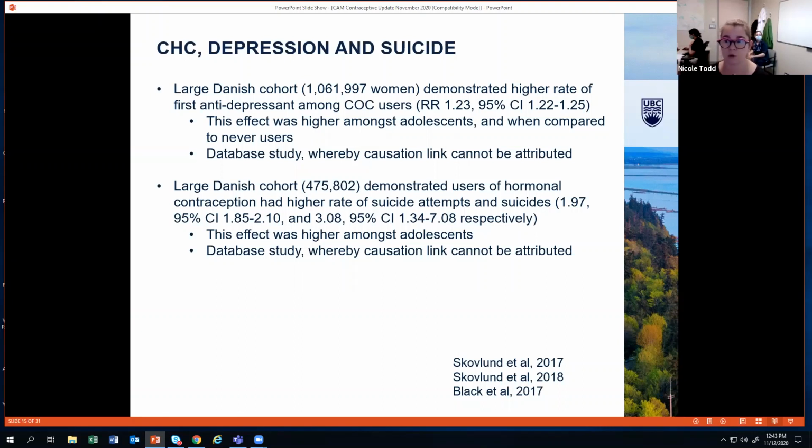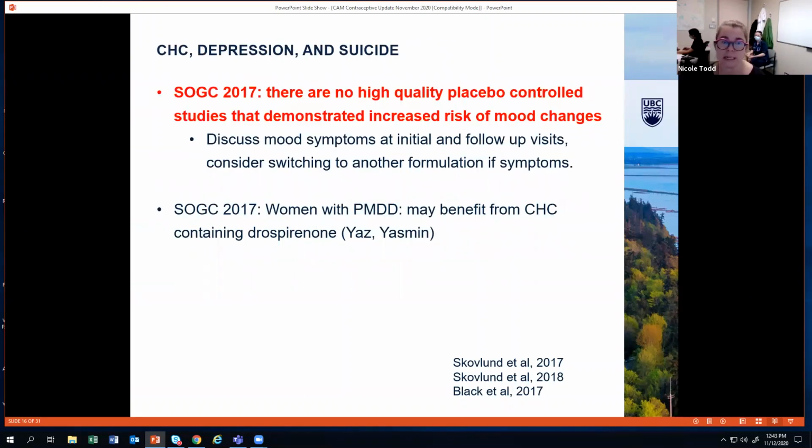So we don't have a correlation or causation. They did the same study, except this time only about 500,000 with the same database, and they said maybe a higher rate of suicide attempts and completed suicide, highest amongst adolescents. But again, these are both database studies, and we need further, higher quality research to actually find a correlation. So the SOGC in 2017 said there's no high quality placebo-controlled studies that demonstrate an increased risk of